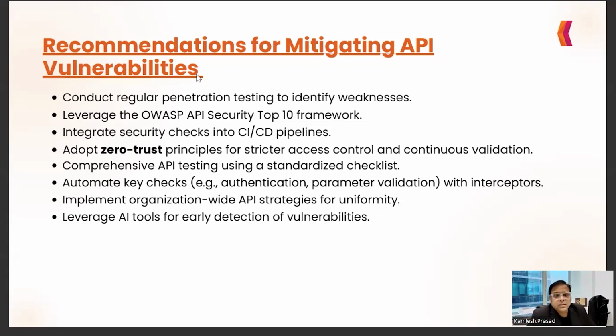Implement an organization-wide API strategy for uniformity. So the practice has to be common. It has to be world class. It has to be as per the regulatory requirements, and follow the same strategies for all the APIs, be it critical, non-critical data packets, or sensitive information which is being carried. There should be a practice of following a strategy for uniformity, and leverage AI. Having AI tools to build APIs is really fantastic. It really reduces your workload, but you should also have early detection of vulnerabilities. So we can also have a lot of AI tools to detect issues in your APIs.